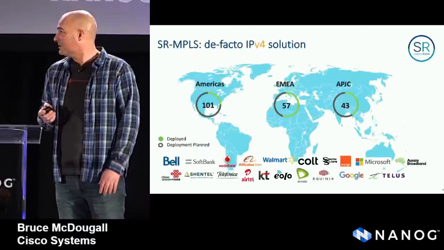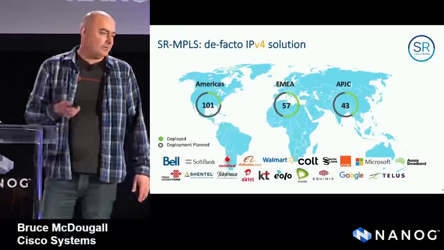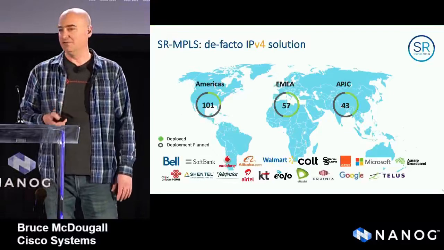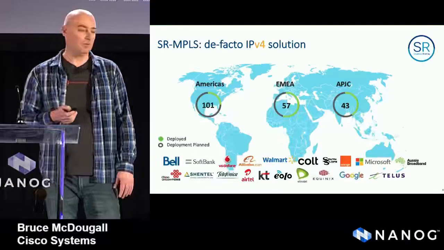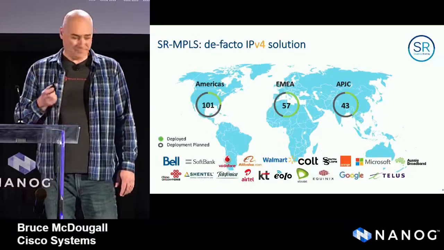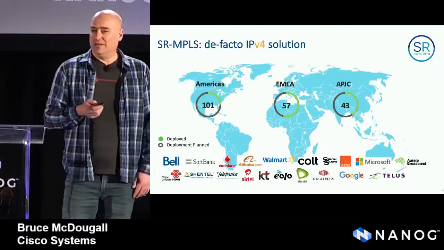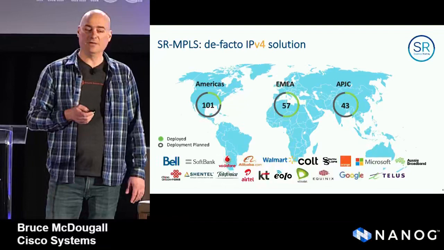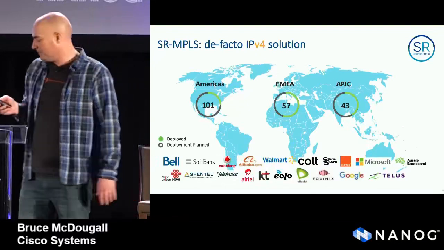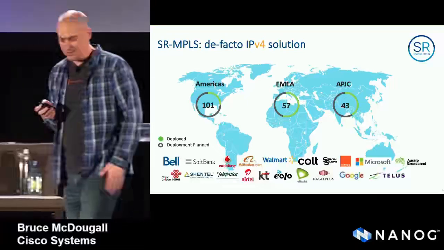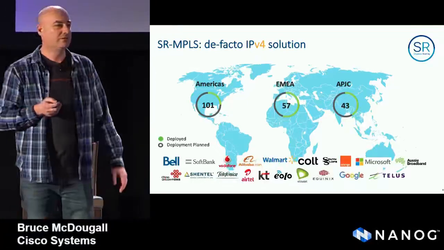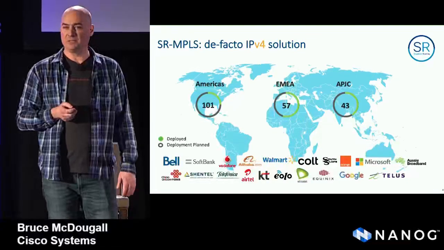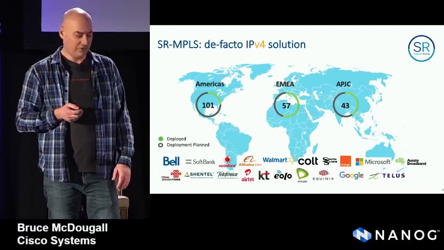So with that said, into the presentation itself, a little bit of background review. SR-MPLS, segment routing MPLS, has become kind of the de facto IPv4 solution, and we've seen wide deployment and acceptance around the world. Segment routing is deployed across different market segments. We see implementations and deployments in service provider, web, and enterprise. And the bunch of logos at the bottom of the slide are here to illustrate a selection of the publicly announced implementations. We figured this is actually kind of the tip of the iceberg, as these are just publicly announced deployments.